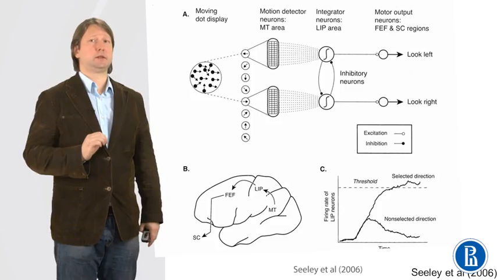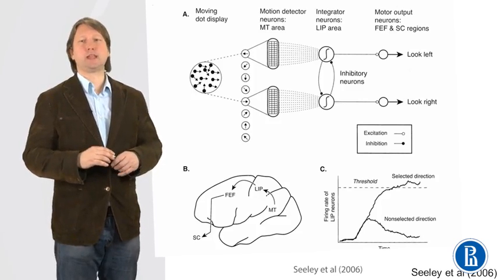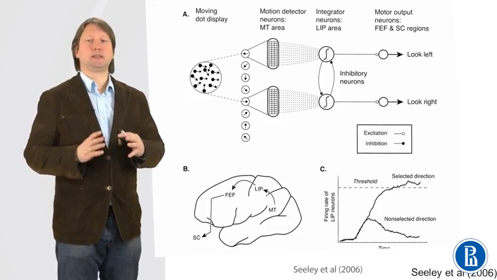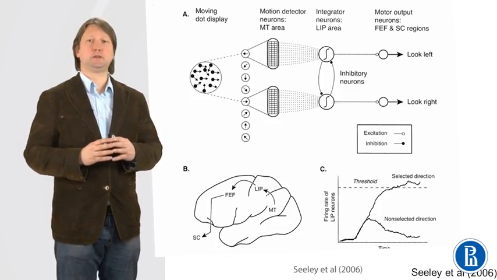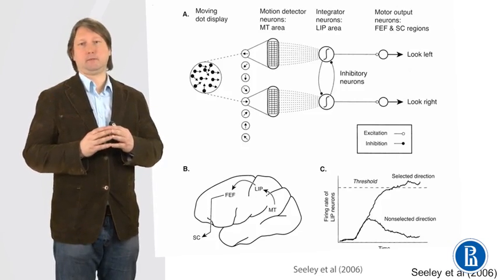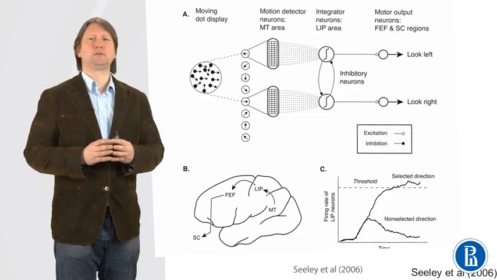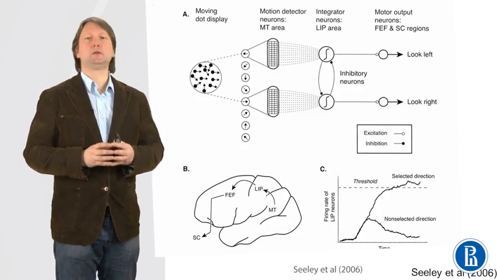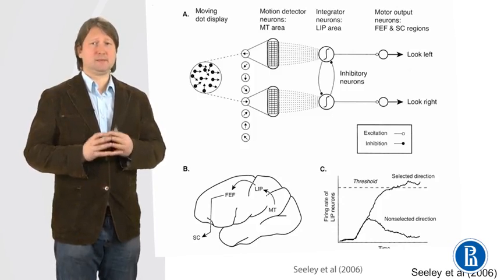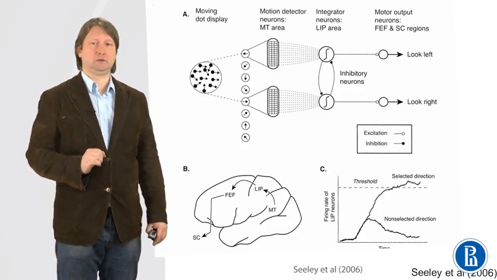But for now, it is enough to take this home message: our nervous system perhaps calculates decisions based on the diffusion mechanism. In the case of perceptual decisions, first, the sensory evidence for the alternatives is detected by motion detectors in the brain area MT. Next, this information is integrated in the brain area LIP. These integrators accumulate information over time, and whenever the activity of these neurons reaches a threshold, the decision is finalized. At the same time, these neurons inhibit alternative decisions.